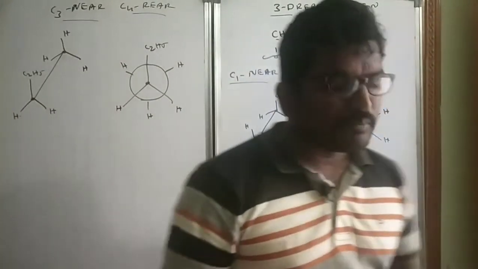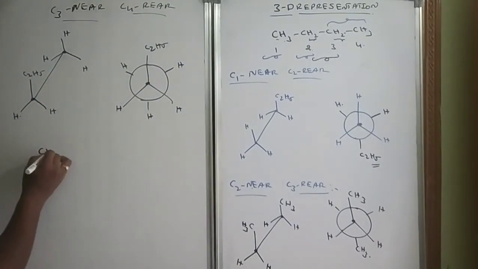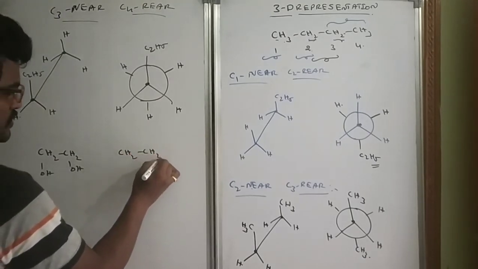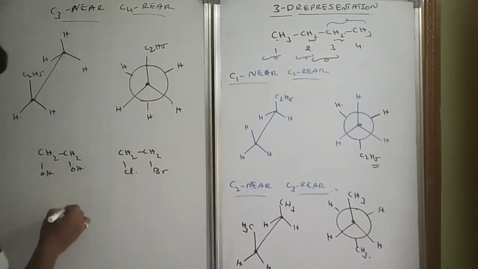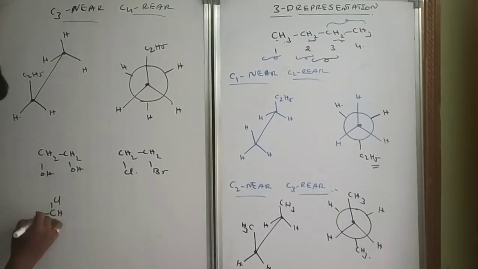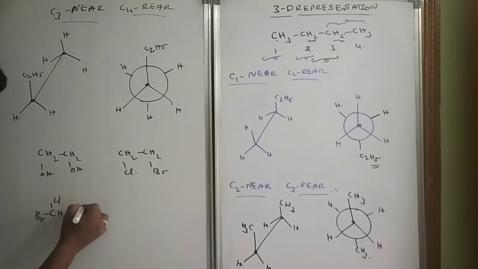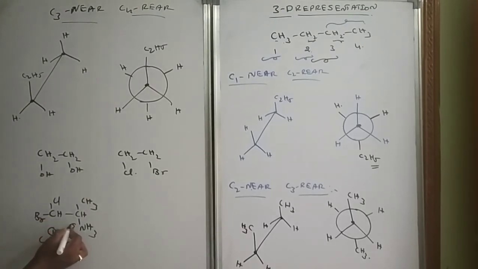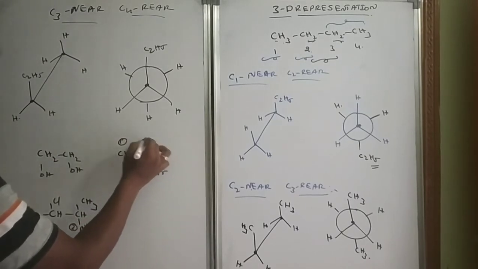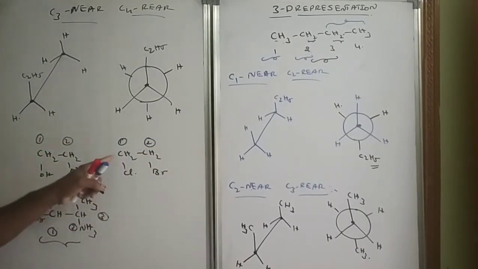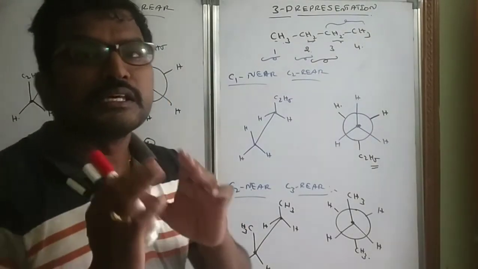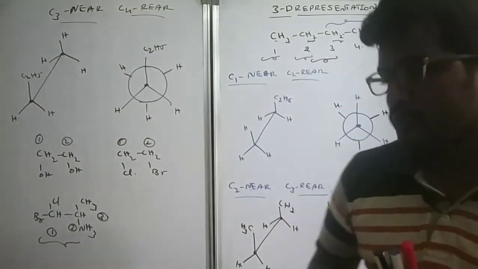You can take enormous examples and write them down. Some examples are CH2, CH2, OH and then OH. CH2, CH2, Br and then Cl. CH, Cl, Br, CH, CH3 and H2. With these compounds also you can write them down. Here it has first carbon, second carbon, third carbon, first carbon, second carbon, first carbon, second carbon. With these examples you can try writing different structures. So like this we can write the Sawhorse projections and then Newman projections.